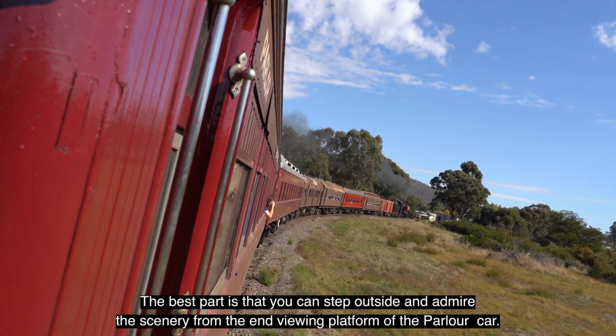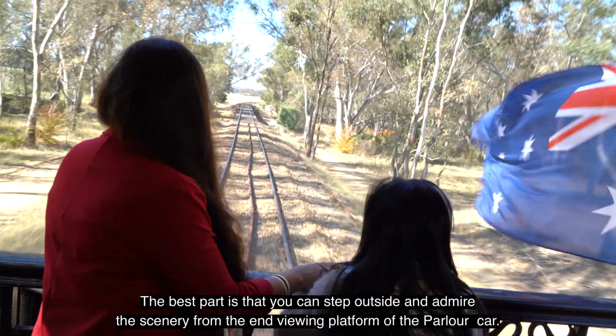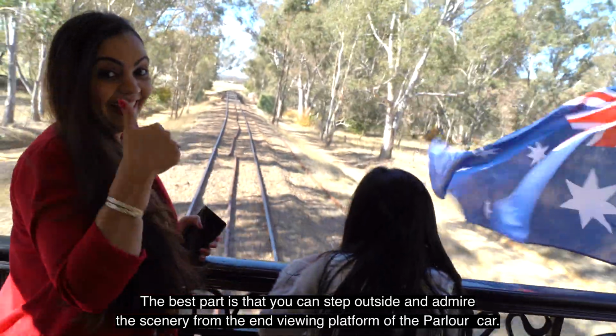The best part is that you can step outside and admire the scenery from the end viewing platform of the